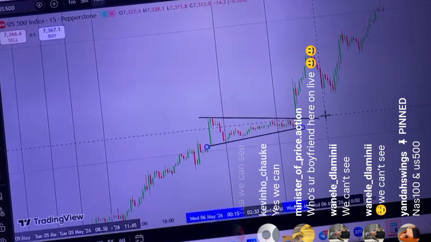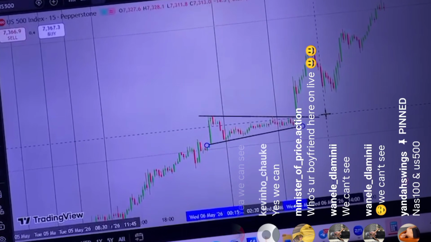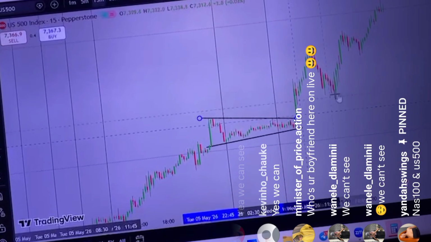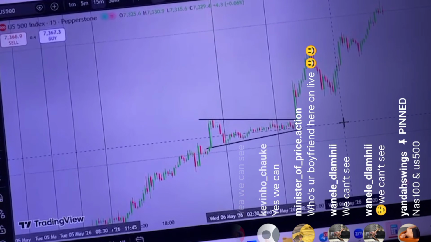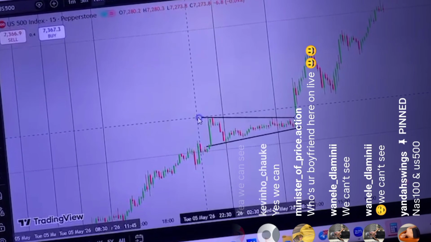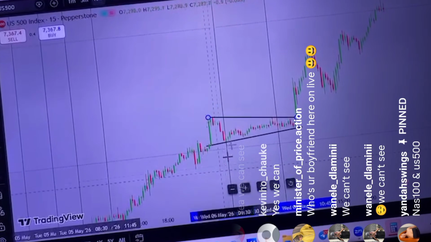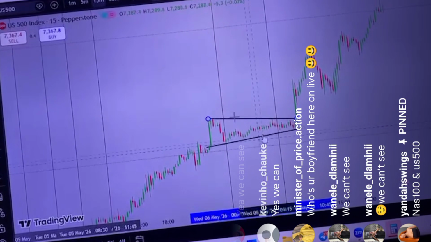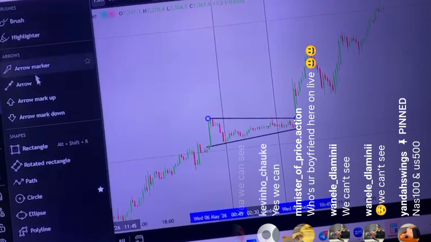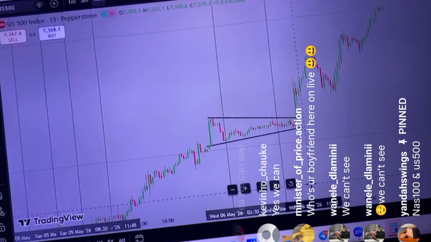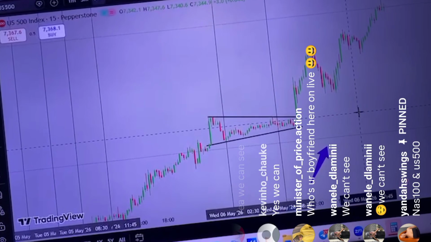I use it for my beginner students who can't analyze structure, because some people, when you explain higher highs, higher lows, they don't understand it that way. So I use this simple stuff to make them understand the structure. If you know your structure, once you see this pattern, it's obviously a bullish structure. That's just the easiest thing to know in this forex industry, to identify a structure. And structure helps us with a trend.